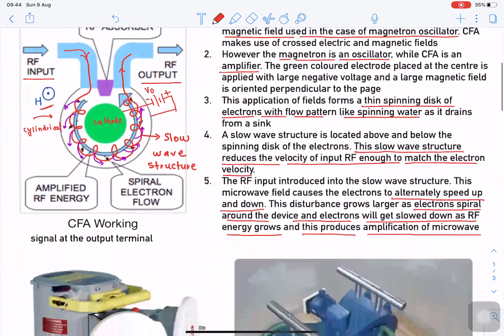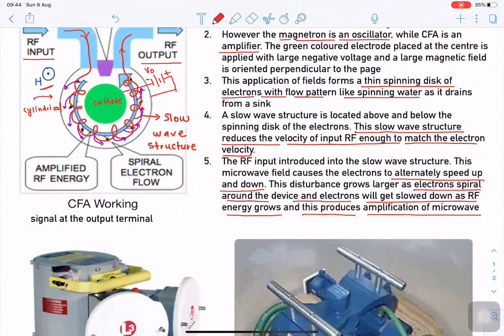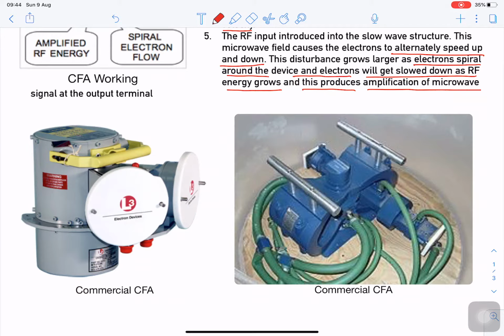Now please remember that the cross field amplifier is actually a hybrid combination developed by making use of some features of a traveling wave tube and a magnetron. In the diagram below there are certain images showing commercially available cross field amplifiers. As we already saw, the popular applications where cross field amplifiers are used are deep space communication networks, as well as television receive only stations, for the amplification of the microwave signal.